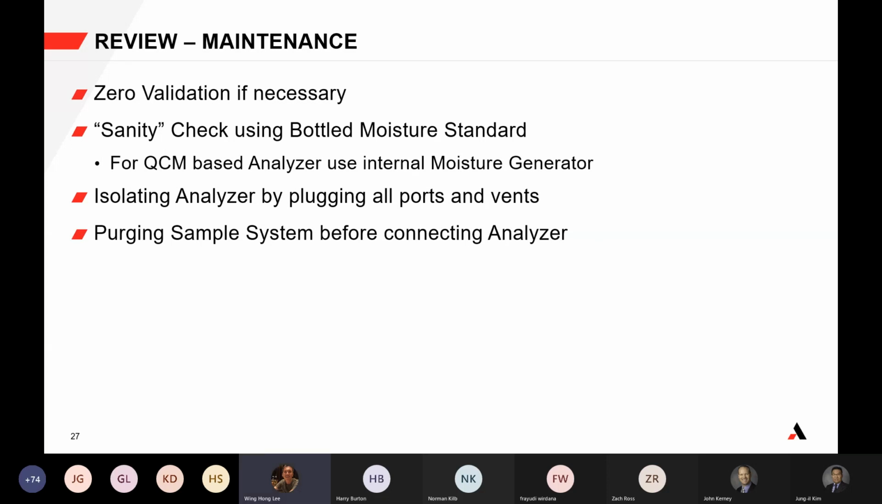Yes, I guess what Jung-Il said earlier about using a fuel moisture generator seems like a very good proposal, although I have not seen one of those. Yeah, since this is validation, like Jung-Il said,